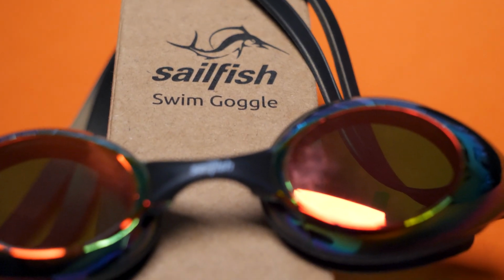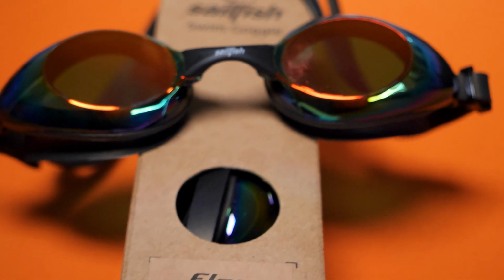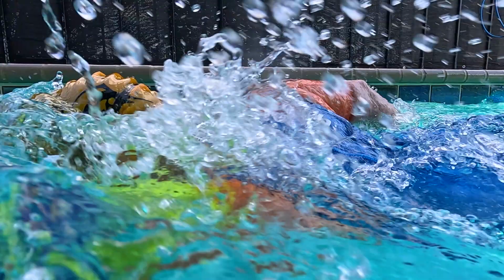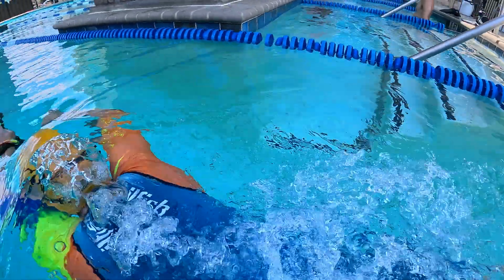My goggle of choice is the Sailfish Flow Gold Tint. I love mirrored goggles, and I think these goggles are comfortable. They've proven themselves in performance. I've raced 4 races already in the Sailfish Flow, and they've performed quite well. I like the gold tint because it's not the darkest tint there is, but it's also not a clear lens